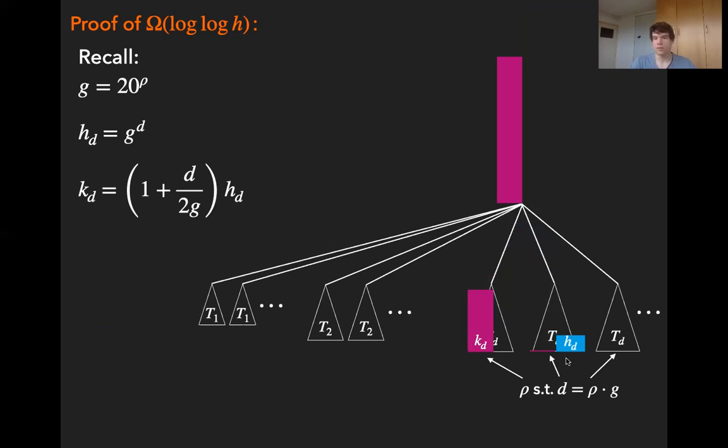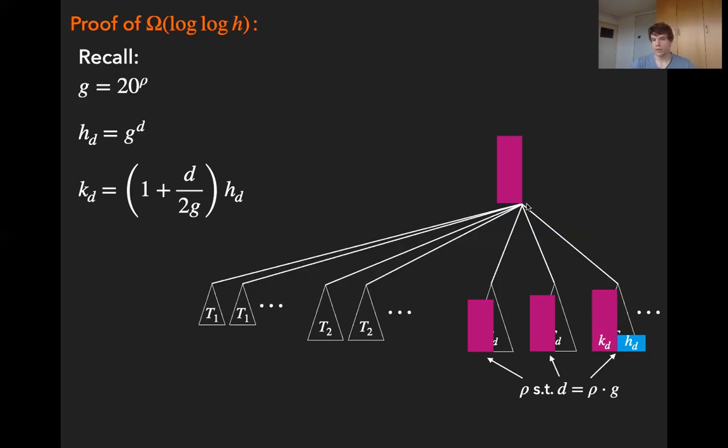And now we do the same in this subtree. So again, we issue the request sequence until the number of online servers has grown to KD. And we go to the next subtree and we do the same again, and so on. And it doesn't really matter where the online servers come from, whether they come from some previous subtree or whether they come from the root.